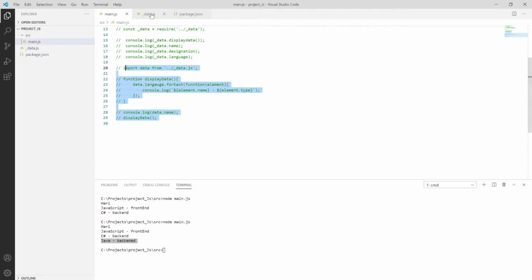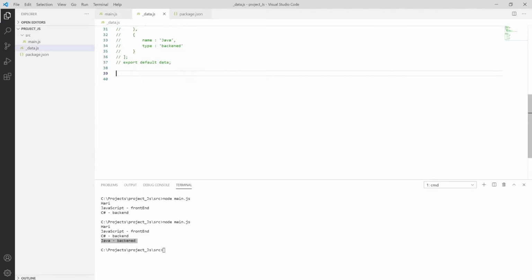Save it using Control S and try to use this over here as let underscore data equal to, putting an array, and inside the array I'm putting an object.